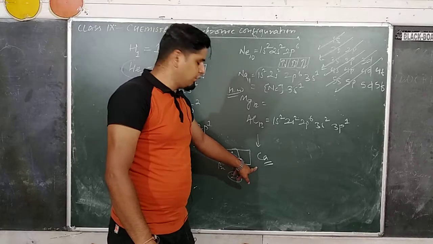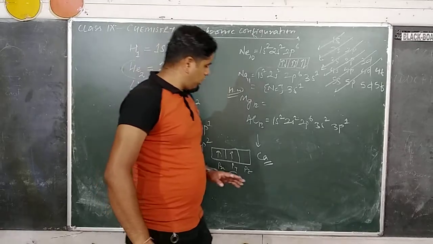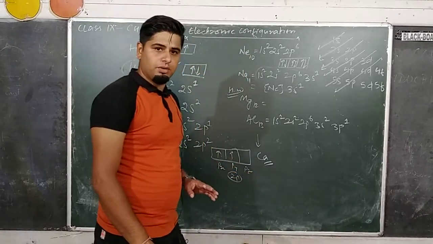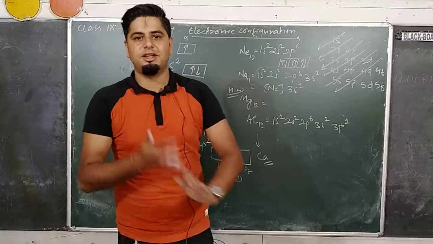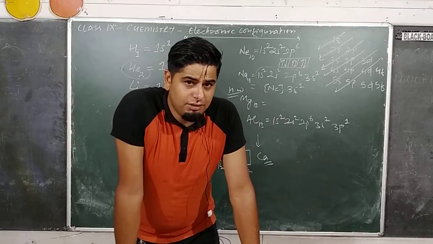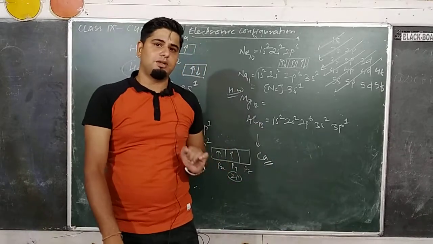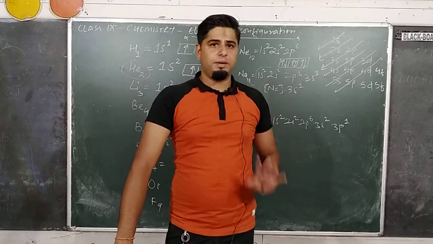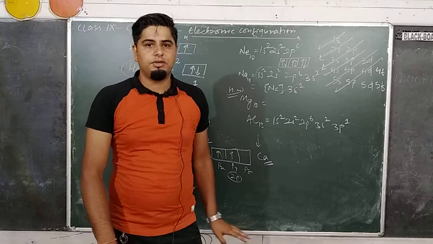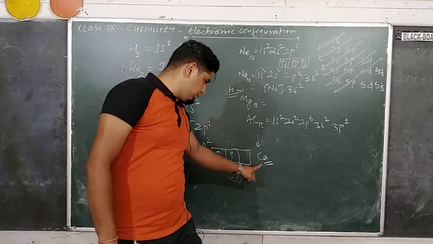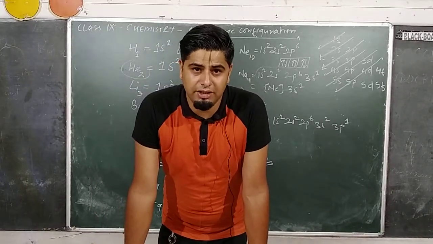From calcium onwards, we'll do in the next class. Got it? I'll give you 2 exceptional cases also, and I'll explain why those exceptional cases are so. So today we discussed 3 principles. One, Aufbau principle, another one, Pauli exclusion principle, and the last one, Hund's rule. Go through these rules properly. Go through this video and try to understand and try to write the electronic configuration for different elements. Do up to calcium. Got it? So we'll meet in our next class. Okay, so thank you very much.